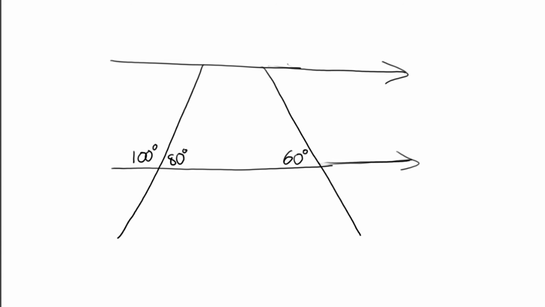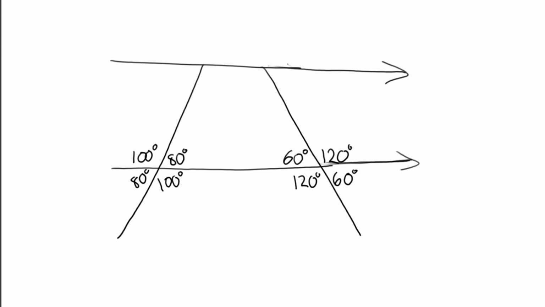For the same reason, beside the 60 would have to be 120 degrees. Let's use our cross. So our vertically opposite rule would give us all 4 of those, and our vertically opposite rule over here would give us all 4 of these. Now, to get the angles at the top, you can use the Z rule, or you can use the